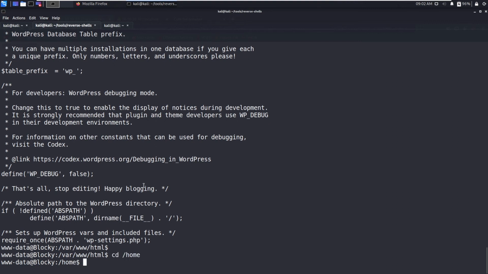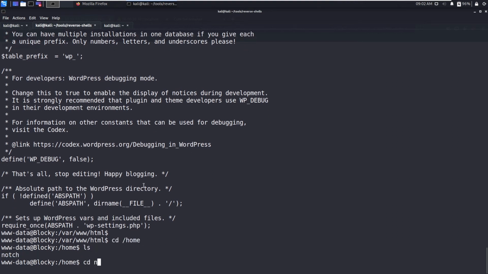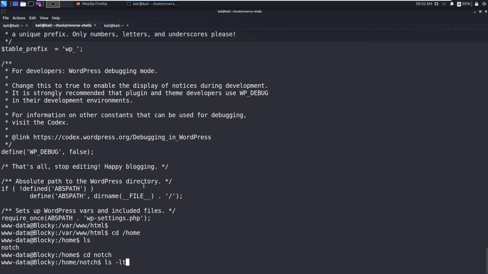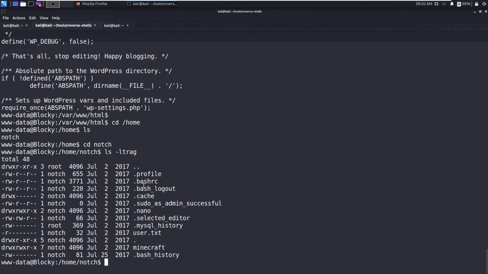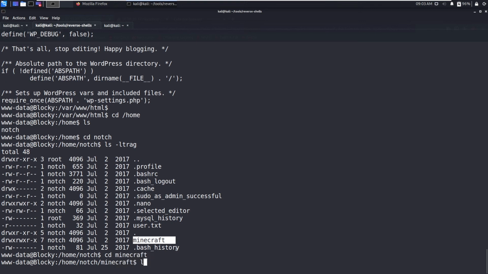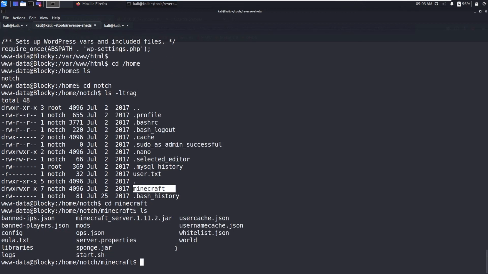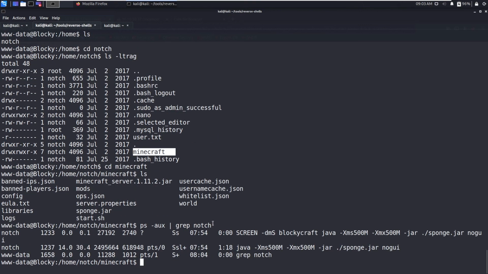Let's go to cd home, cd notch, ls -ltrah. There is a Minecraft folder, so let's go into that. When I run ps aux grep for notch, there is a jar running in the background.